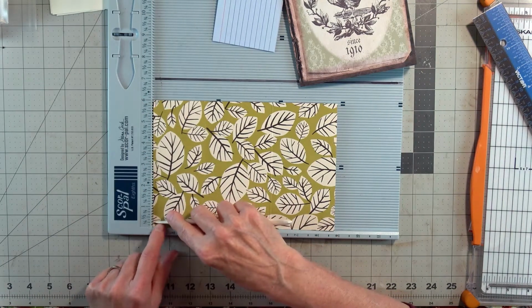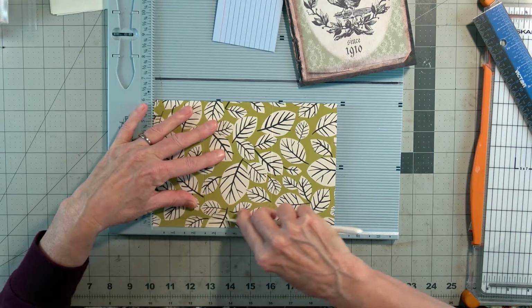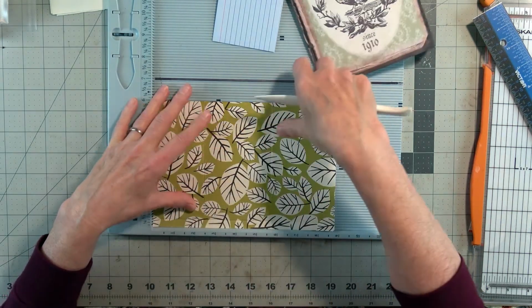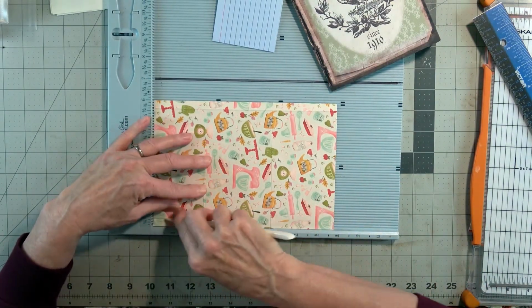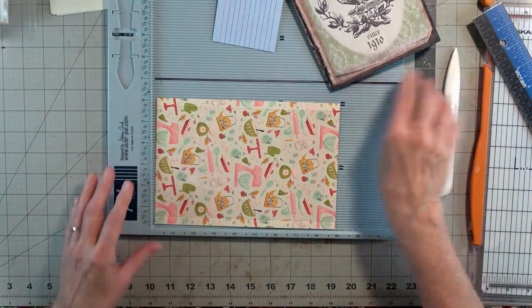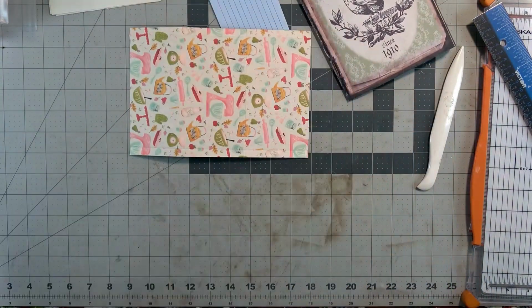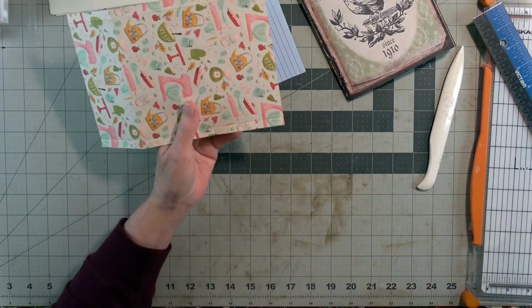So here is 1/8, 1/4, 3/8. Scored at 3/8 on this side. Flip it over and score at 3/8 on this side. 3/8 is not quite a 1/2, so that should do us. Okay, now what you want to do